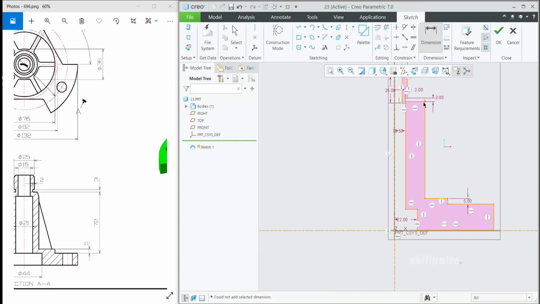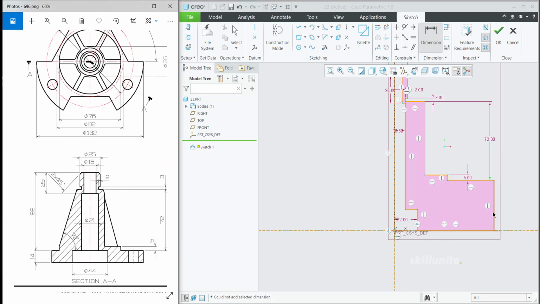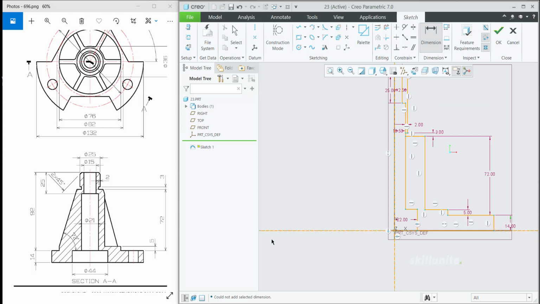Then from this base to this edge over here, it is 72. Then this height is 14 mm. Okay. So from here to the top, it is 92 mm.